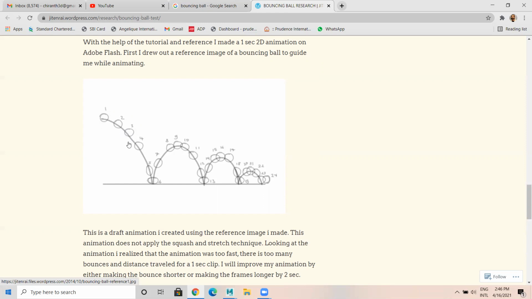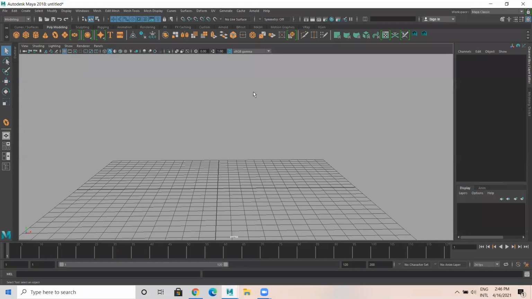It is hitting the surface. While the ball is hitting the surface, due to gravity it has to go fast. You can observe from 4 to 5 how much distance it has covered. So while hitting the surface, it is faster. From 6 to 7 it is covering a lot of distance. Then slow in, then slow out. Hits the surface faster, slow in, slow out, slow in, slow out. Got it? Any doubts? No, sir. Got it.